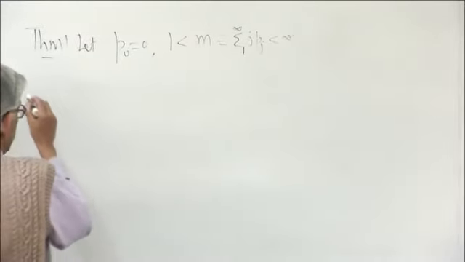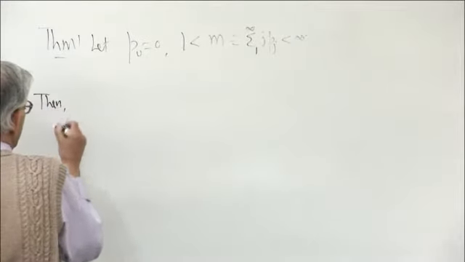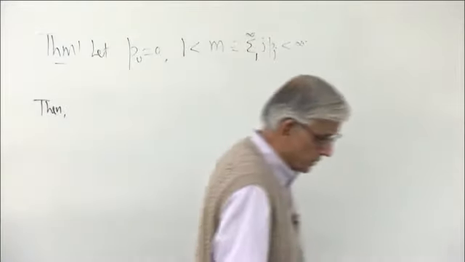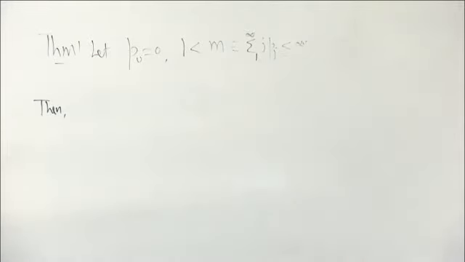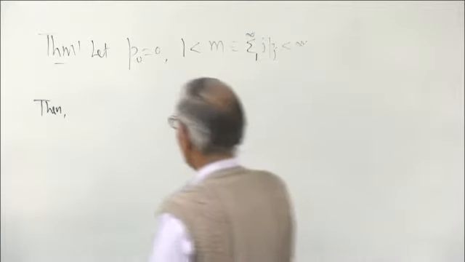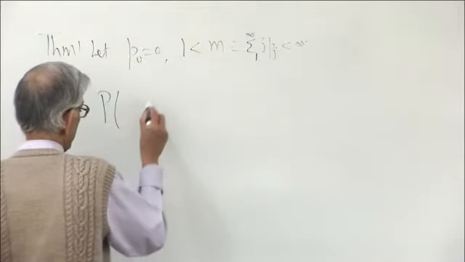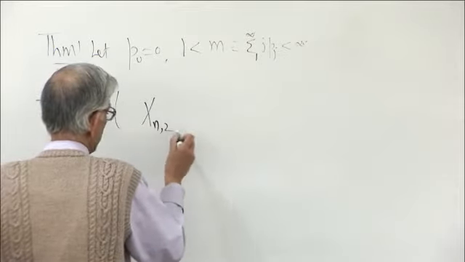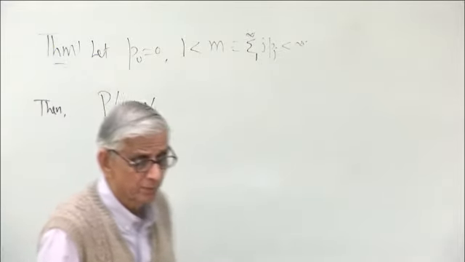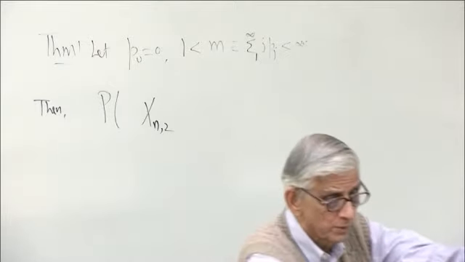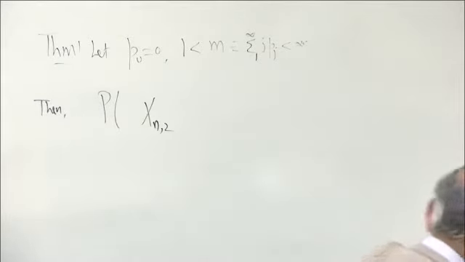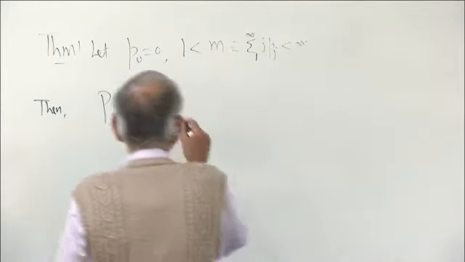Then, well, I'm picking only 2 individuals at random from the nth generation. The nth generation is not going to be dead. It's going to be growing very rapidly. Then the probability, I'm going to call the coalescence time xn2, that's the generation number when these 2 randomly chosen individuals meet, their lines meet, xn2 is less than k,